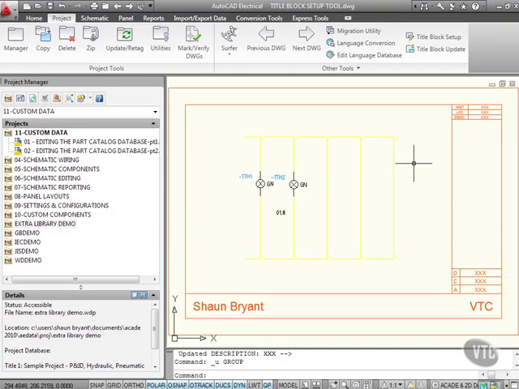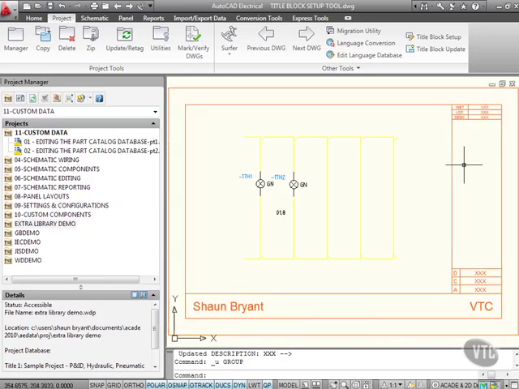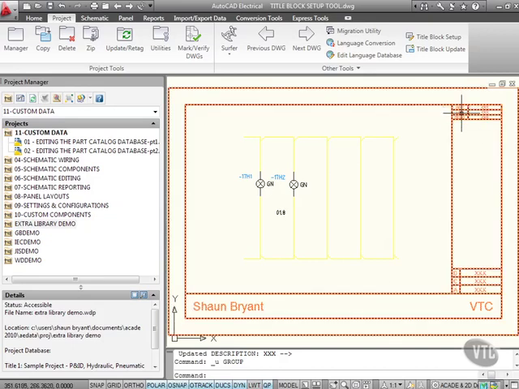One of the very cool tools available to you in AutoCAD Electrical 2010 is the title block setup tool. Now you'll see there that I've actually put a title block around my circuit. It is actually an AutoCAD block. It has some attributes there. So down at the bottom, you've got drawn, checked, approved, and here you've got installation, location and